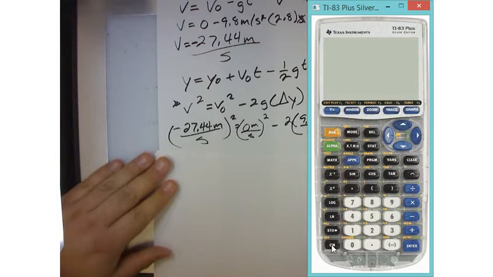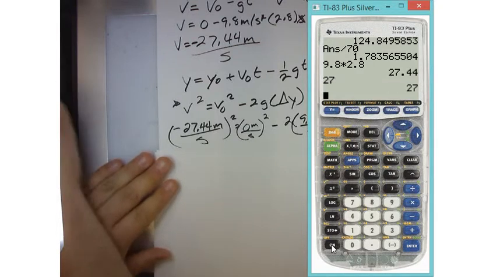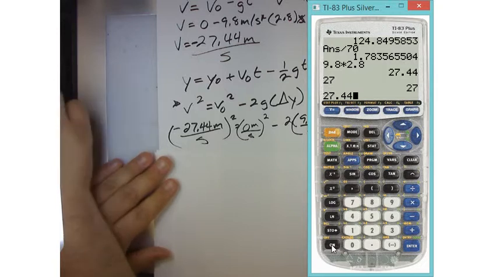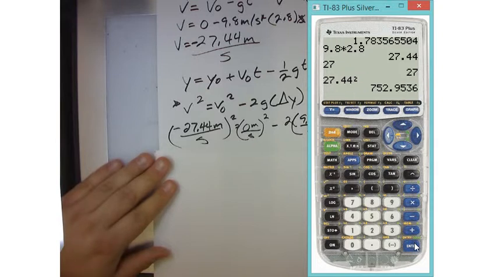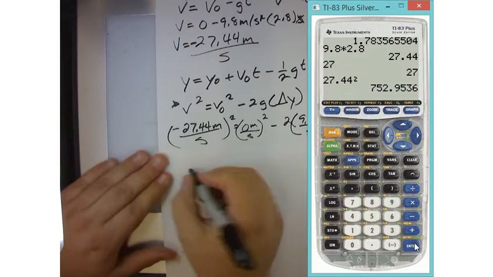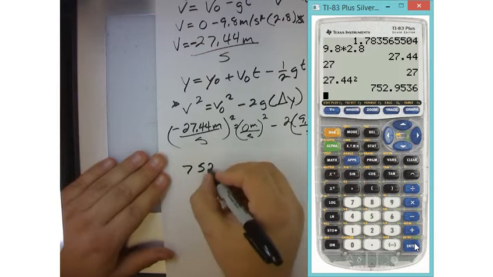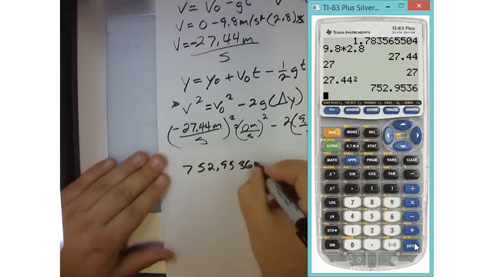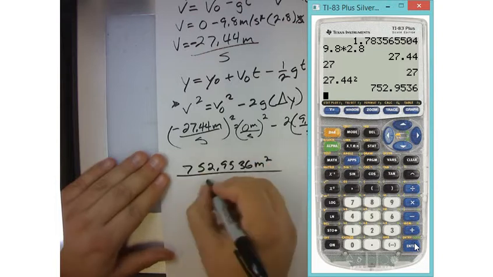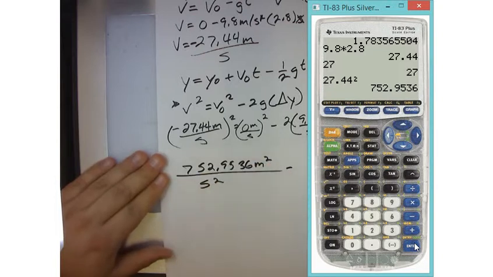Whoops, gotta turn on my calculator. 27.44 squared. And I didn't put the negative sign, but you know when you square a negative it just becomes a positive. So I get 752.9536, and that's meters squared over seconds squared, minus, and then I'm going to say 2.8